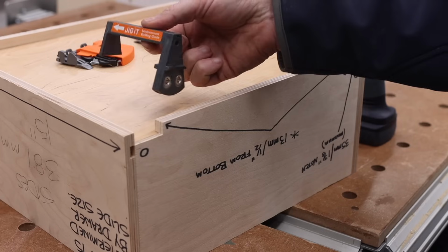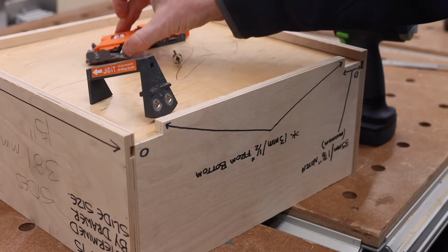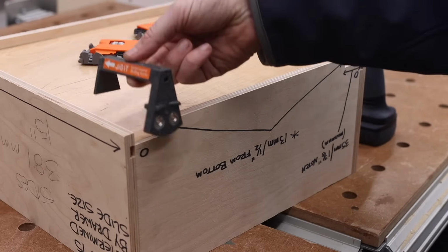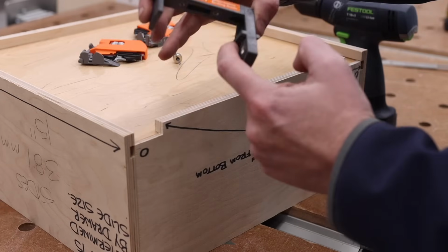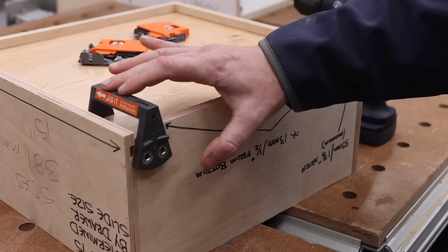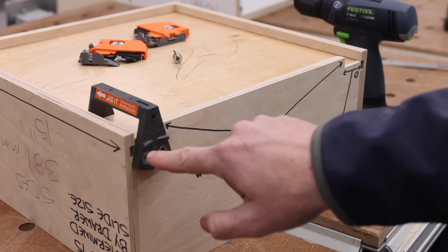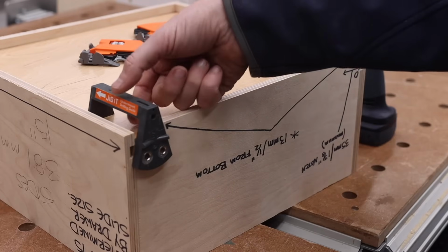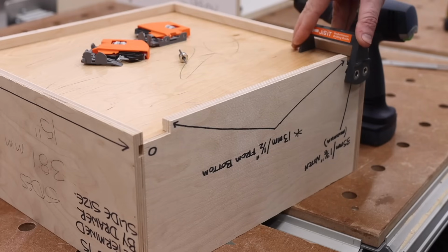So it does two things. Okay, we need to do these holes, and we also need to pre-drill holes for these clips, which I'll talk about in a second. In order to do this, this rests on this lip on the bottom of the drawer. So it sits just like that. From there, you have your left side and you have your right side. So we're going to drill that hole. We're going to bring this over here, make sure it's all the way over to the side,